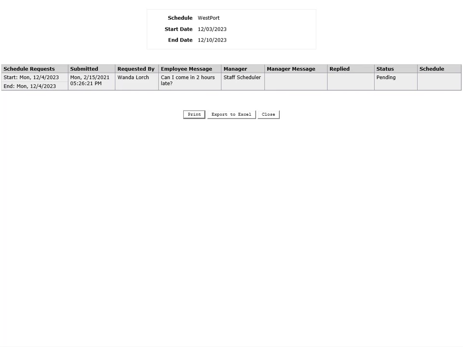The Schedule Requests report shows you a list of all schedule requests submitted by employees to managers. You will see a list of all schedule requests for dates within the selected date range and what action has